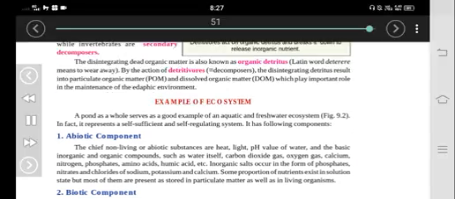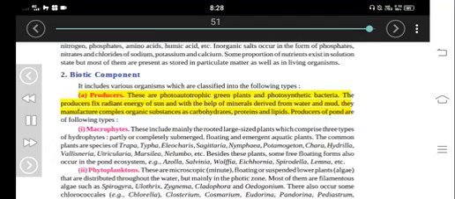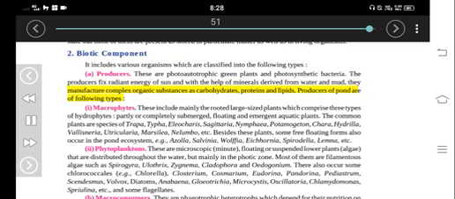The producers fix radiant energy of the sun, and with the help of minerals derived from water and mud, they manufacture complex organic substances as carbohydrates, proteins and lipids. Producers of the pond are of the following types. Macrophytes. These include mainly the rooted large-sized plants which comprise 3 types of hydrophytes: partly or completely submerged, floating and emergent aquatic plants. The common plants are species of Trapa, Typha, Eleocharis, Sagittaria, Nymphaea, Potamogeton, Chara, Hydrilla, Vallisneria, Utricularia, Marsilea, Nelumbo, etc. Besides these plants, some free-floating forms also occur in the pond ecosystem, e.g., Azolla, Salvinia, Wolffia, Eichhornia, Spirodela,